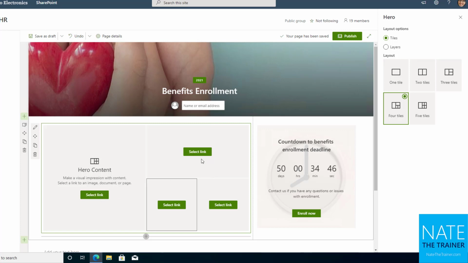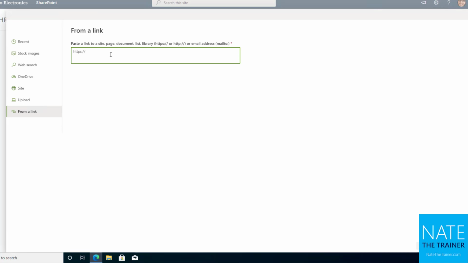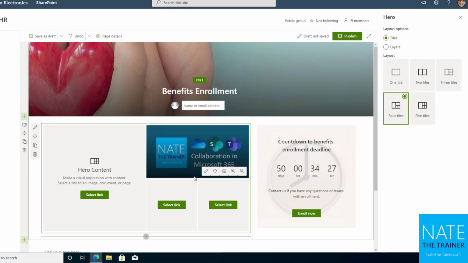For example, let me come up here to this upper right-hand corner. I choose Select Link, and I'll choose From a Link. And I'm going to put in this course that you're taking right now. All right. And insert, and we'll see what it grabs. There we go. So you can see the actual thumbnail for the course that you're in right now is automatically